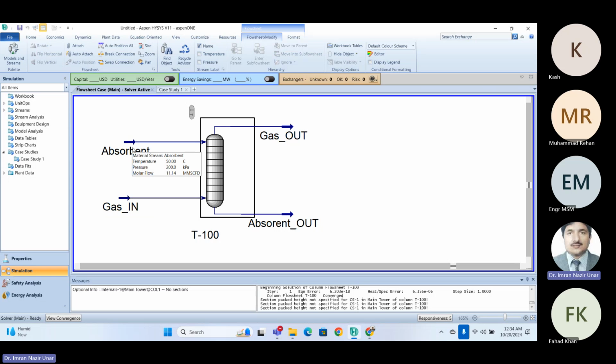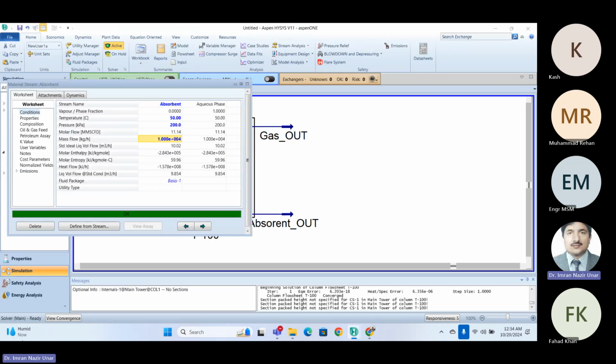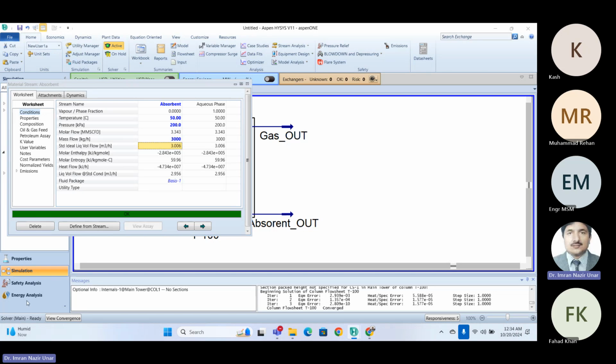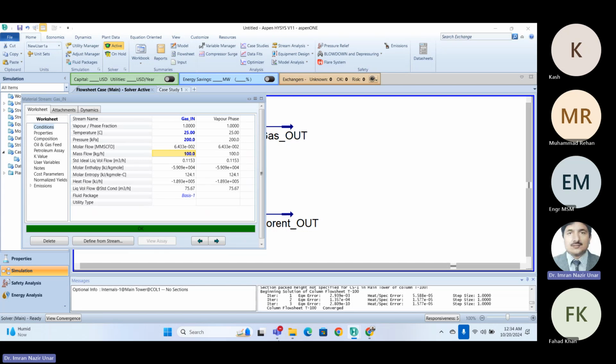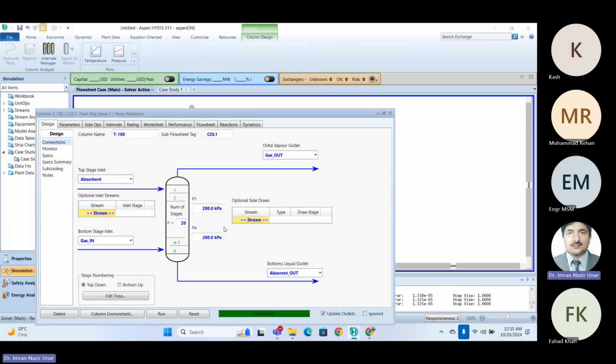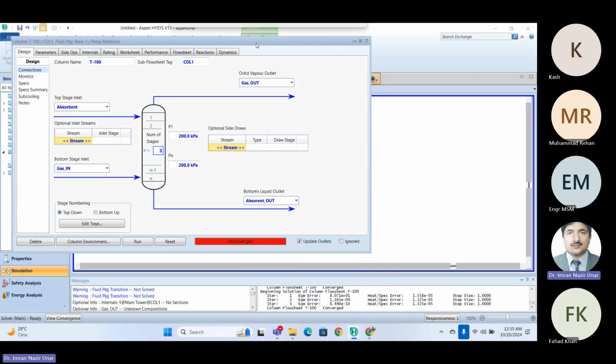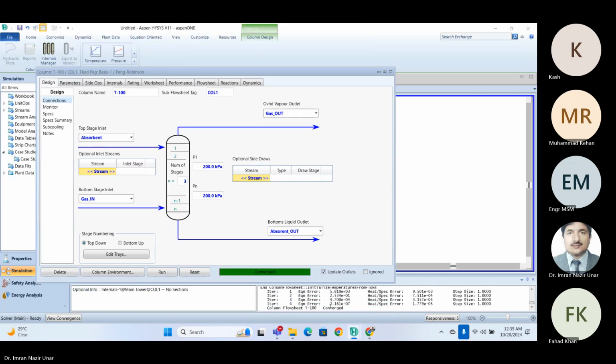For example, if I say this absorbent is not good enough, it is 3000, and I say that this gas in is at a huge flow rate and at huge pressure, and I am saying that we have only 3 iterations. Now see, it is unconverged. Okay, when I run, तफाक से अभी ऐसा एग्जाम्पल ही नहीं आ रहा जो इसको अनकन्वर्ज कर ले।